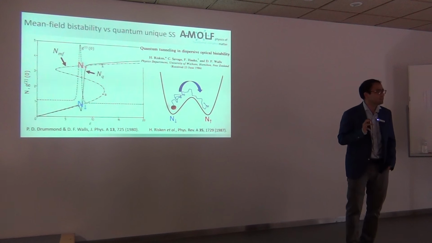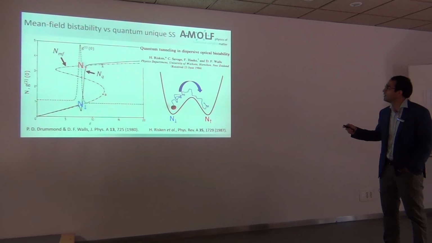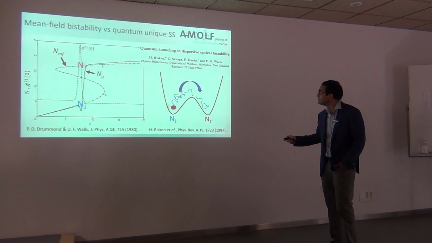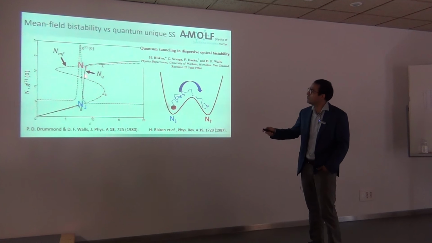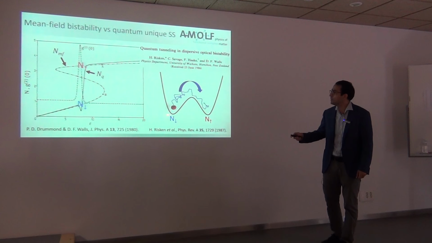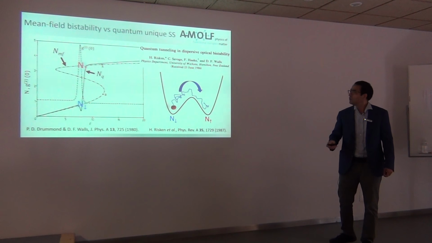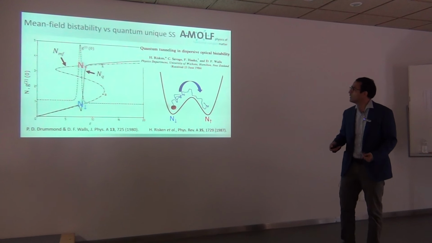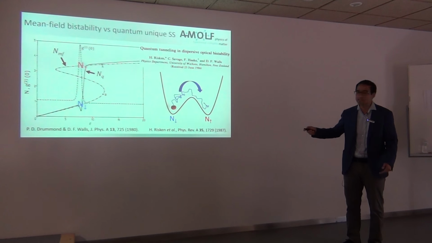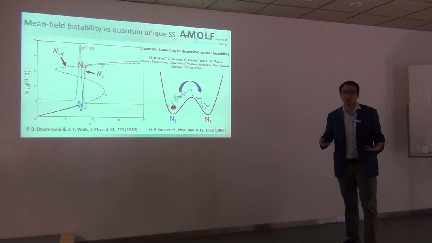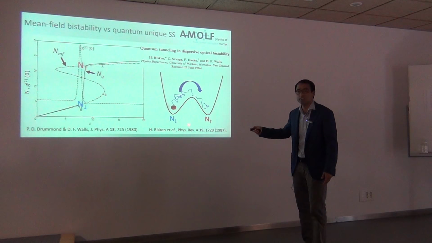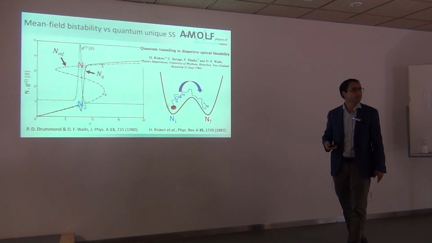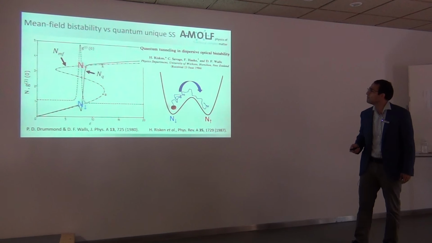So the solution to the apparent paradox was already pointed out by Risken and co-workers in the 80s. And the idea is that you can look at the two mean field steady states like the minima of a double well potential, where now, when you include quantum fluctuations, there is a finite probability that the system will stochastically switch between these states. And the probability increases with the strength of the fluctuations, which obviously will depend on this barrier, which depends on the nonlinearity, the detuning, and all the system parameters.